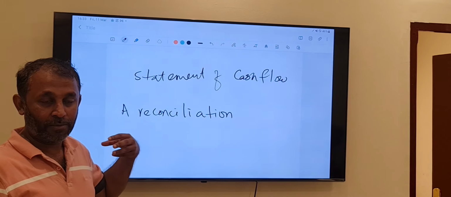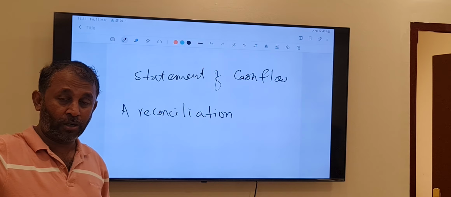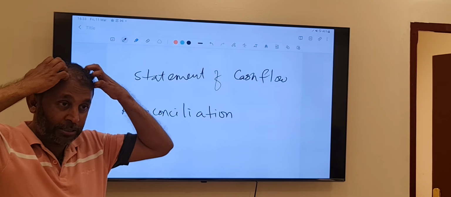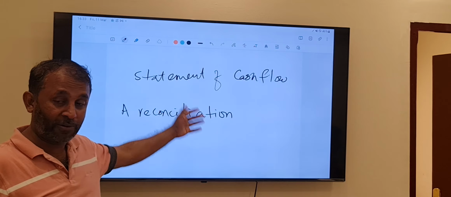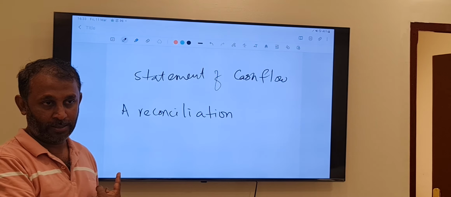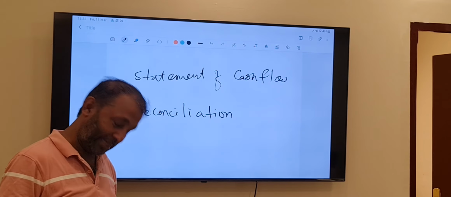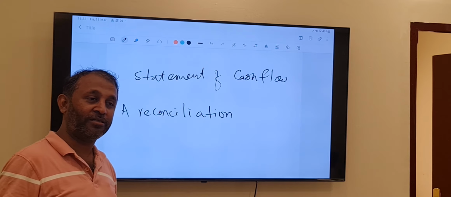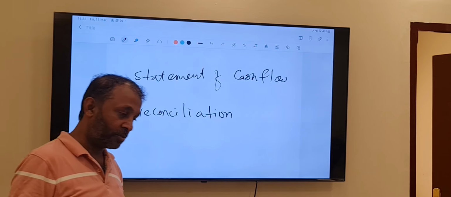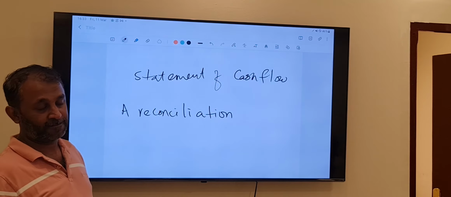When I calculate my profits, I have 100,000 profit, but in my real situation, I have a bank overdraft of 50,000. Then I was going crazy. What nonsense? I am making a profit and you still show me a bank liability. Then you go and do this. So this means like a check or audit. Exactly. This is reconciliation. Comparing. Okay. So a reconciliation of profits